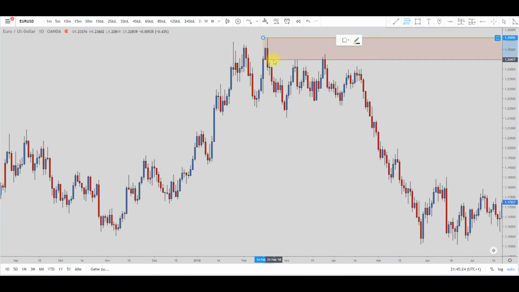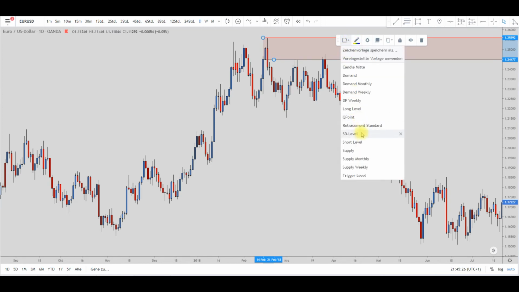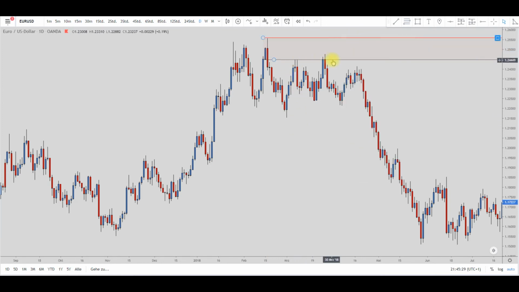So this is supply that has been tested twice before we actually traded down. We broke out of this big base with this tiny level of